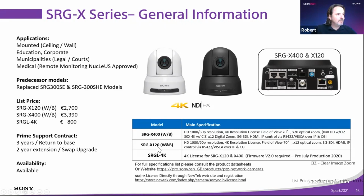12x optical zoom on the X120. We have a thing called Clear Image Zoom that can bring that to 40x on the X400. I think we have a slide next soon that will show you what that means. And then it will be 30x with the 4K. So if you're using the Clear Image Zoom and you have the 4K license, that optical zoom will go from 20 to 30. Okay, and I think I said that right, yes, and 12x digital zoom,